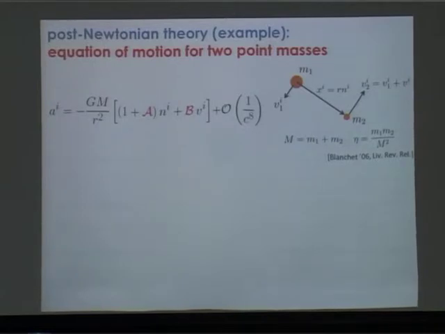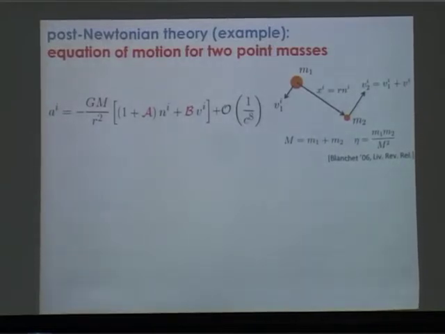So what are some of the results of this post-Newtonian program? The first useful thing you want to compute is the actual equation of motion of my two masses. What is the generalization of Newton's law of gravity? That result basically looks like this. If I have my two masses with some separation vector, and I express everything in terms of the total mass and this quantity eta called the reduced mass ratio, my equation of motion has this form, where I have the Newtonian result, and then two correction terms, one of which has some overall velocity dependence out front.